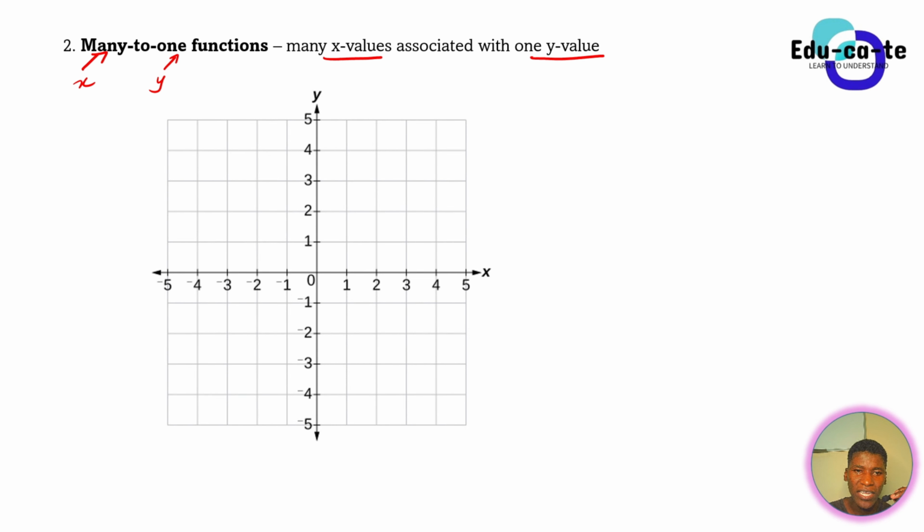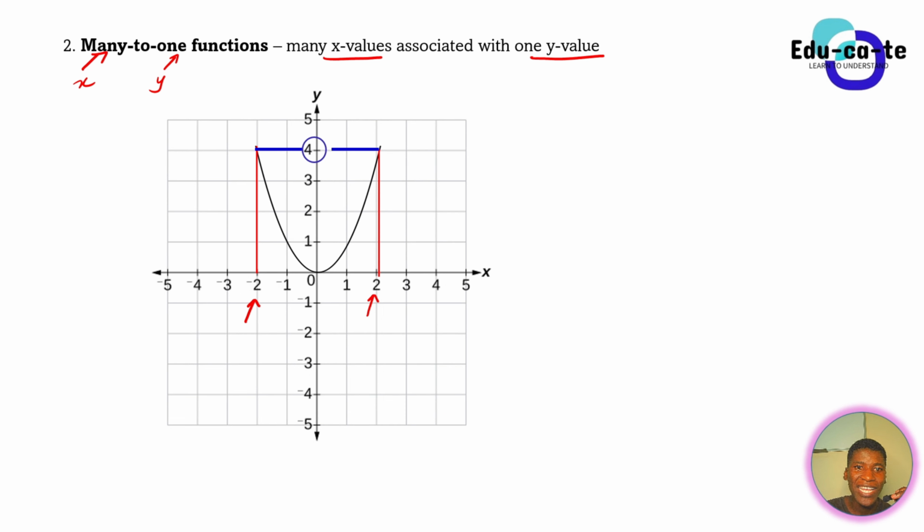Something like this. Look at this function. This is a parabola. I'm sure you've seen something like this in high school. So this is a parabola given by the equation y equals x squared. If we look at the x value of negative 2 here, this x value of negative 2 is actually linking to 4 on the y-axis. But the value of positive 2 on the x-axis is also linking to 4 on the y-axis. So you can see that they are leading to a common point, which is positive 4.